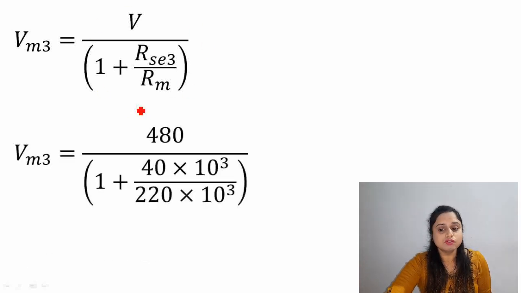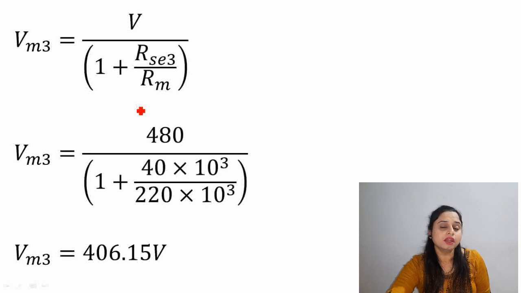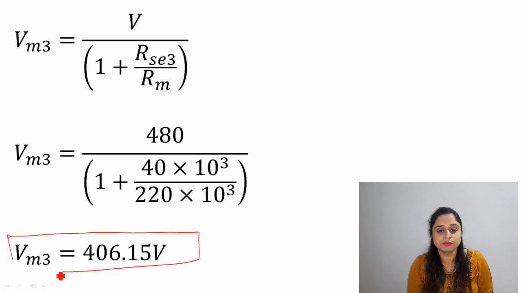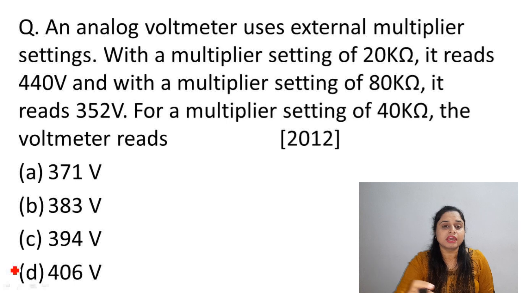Substitute all the values and we will get the voltmeter reading for the third multiplier setting as 406.15 volts. From that we can choose the correct option. So here the correct option is option number